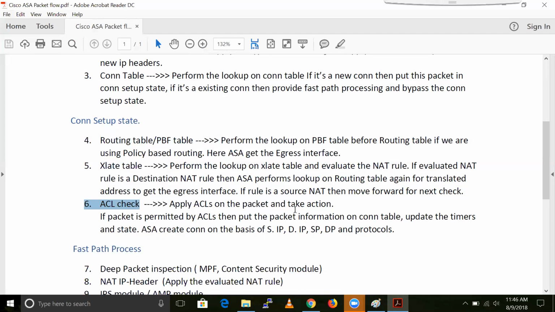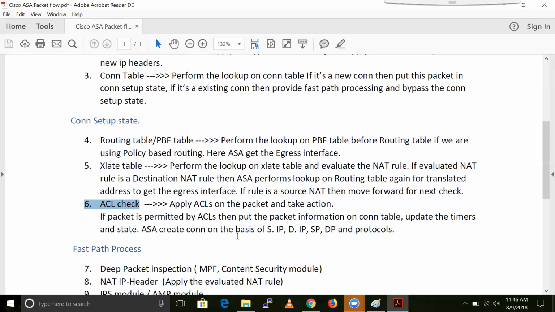In ACL we generally define permit or deny traffic, right? If ACL is permitting this traffic, then ASA creates a connection for that traffic, updates the timers and puts the entry of this traffic into the connection table.